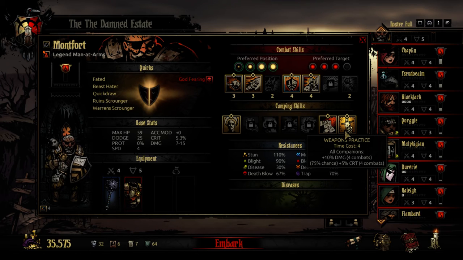So let's talk pros and cons. The Man-at-Arms is the ultimate support class in the game, as well as the best tank. His ability to draw enemy fire to him and still counter the enemy at the same time is very useful. It makes him